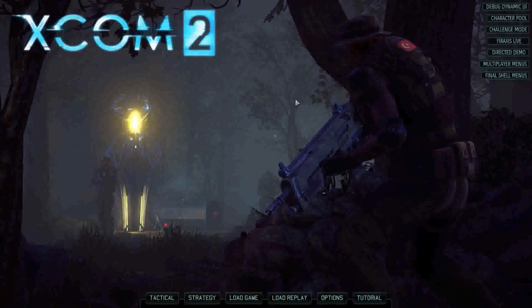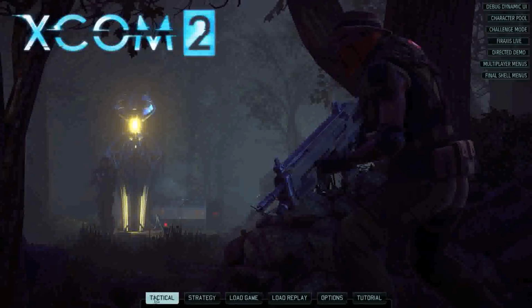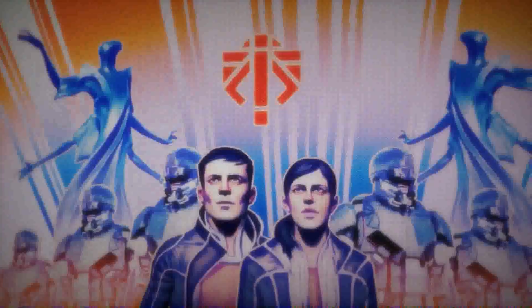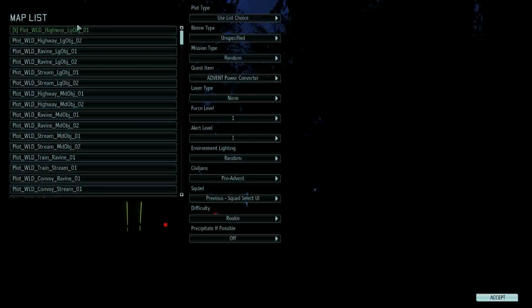Make sure you remember the name of it because you're gonna need to go by name when you're adding it to your mission. So next we're gonna click on tactical because that's where we want to test this mod first, and you're gonna go to choose map data. These are little instructions here that tell you how to start this thing. So choose map data. I usually just select the first one, don't change anything here,